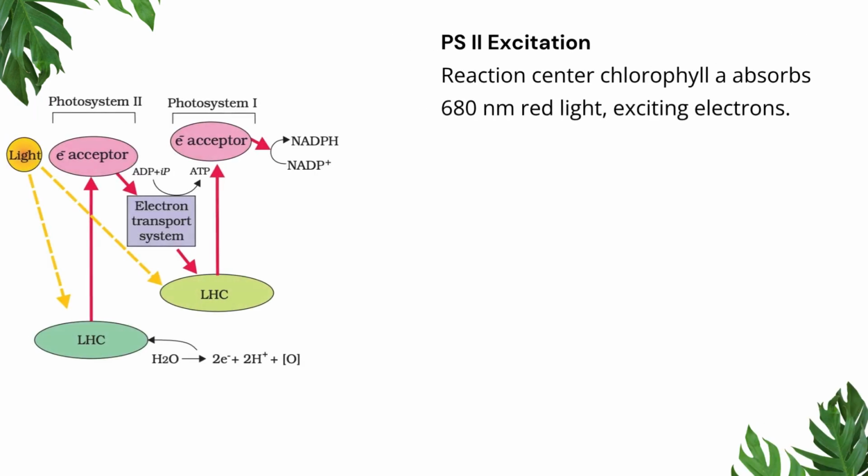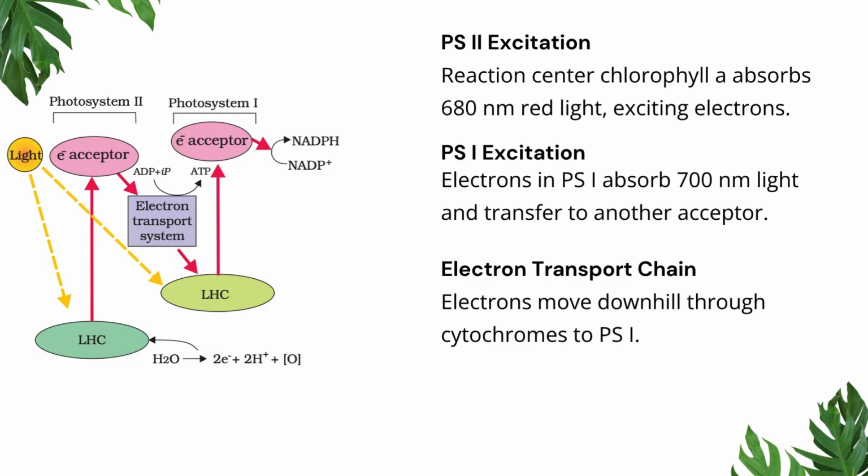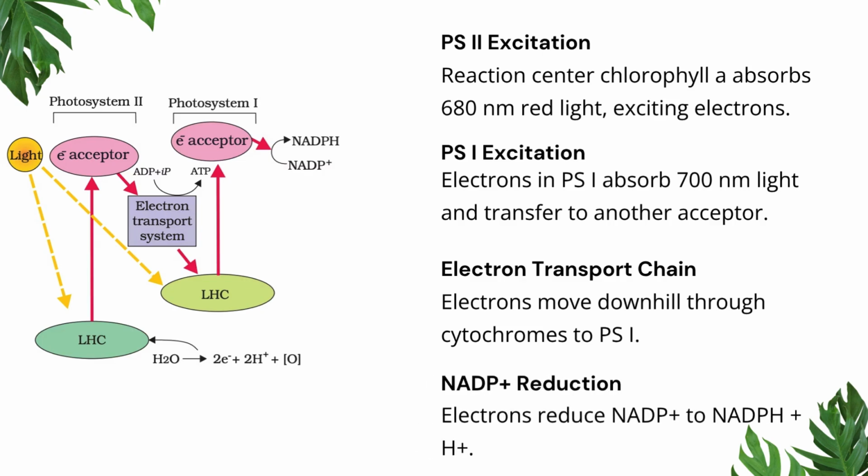In photosystem 2, PS2, the reaction center chlorophyll absorbs red light at 680 nanometers, which excites its electrons. These high-energy electrons jump to a higher orbit and are captured by an electron acceptor. From there, they pass through an electron transport chain made up of cytochromes. As the electrons move through this chain, they lose energy gradually, a process described as moving downhill on the redox